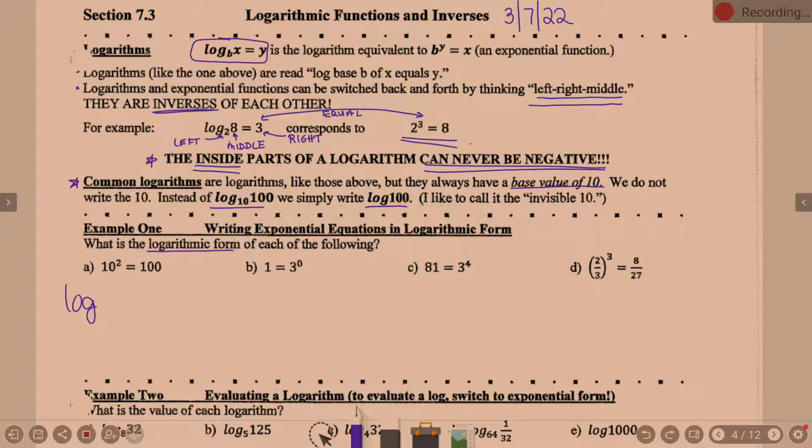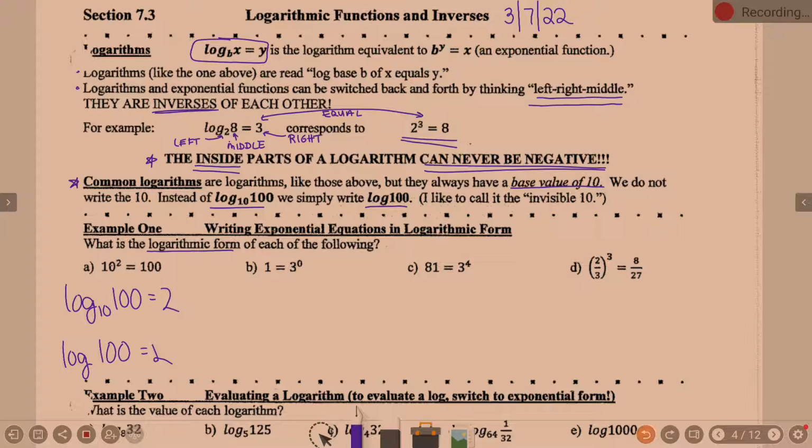Trevor? Maybe, well, for here you don't have to put the little 10, do you? I'll write it the first time through. So you have the log, the little 10, 100 equals. Okay, I agree. So one way to write this: log base 10 of 100 equals 2. Now, notice Trevor asked, do we have to write that little 10? No, that's the one base you don't have to write. So the other perfectly acceptable way to write this, which is what Trevor started to tell me,